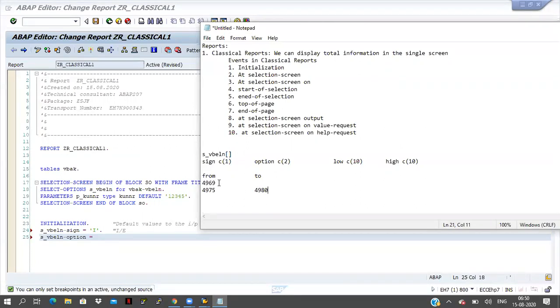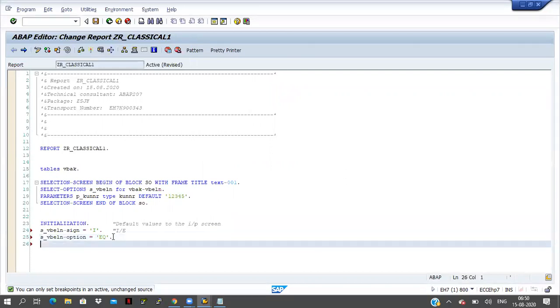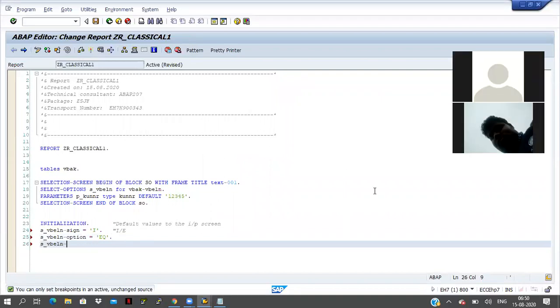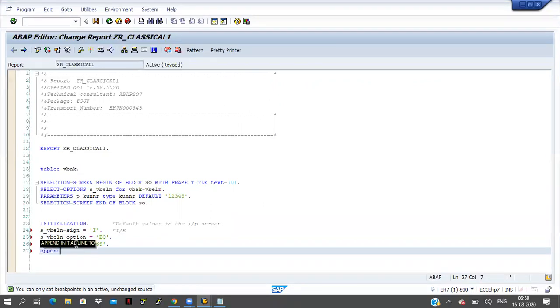If you give a single value, then we have to pass equal to here, and S_VBELN-low equal to whatever value you want to give, 4969. Now APPEND S_VBELN.